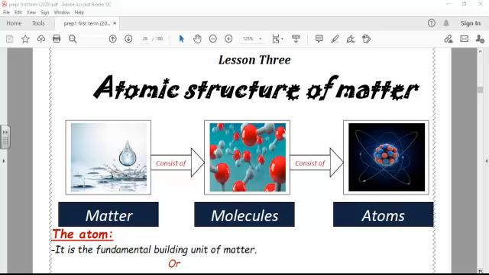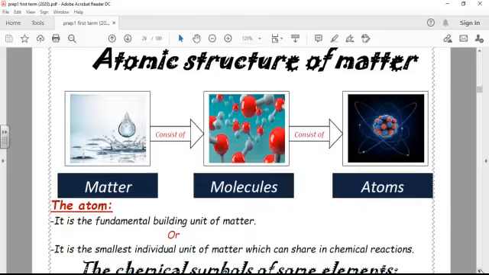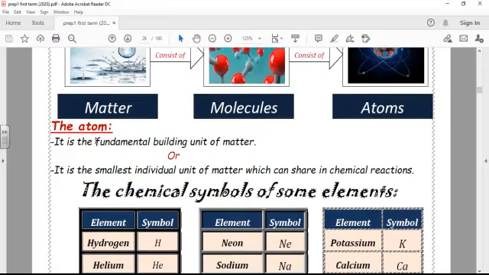Unit 1, Lesson 3, about the atomic structure of matter. As you know, the matter around us may be solid, liquid, or gas. Any one of them consists of molecules, and the molecules consist of smaller ones, which we call atoms. So what's meant by the atom? An atom is the fundamental building unit of matter, or the smallest individual unit of matter that can share